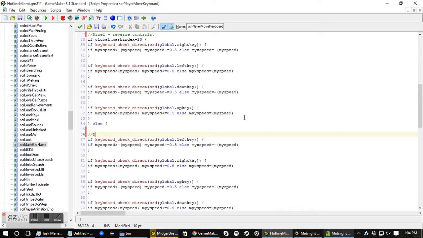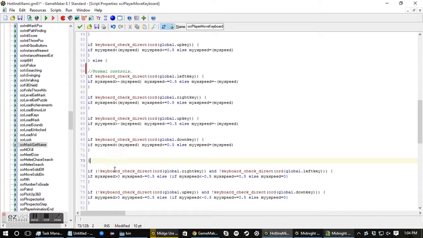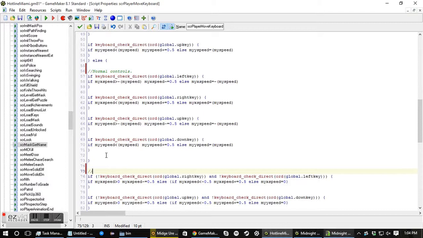Otherwise, this is normal controls without any masks, which is redundant, I guess. So basically here, if you're pressing left, you want to go negative equals 0.5, and if you're pressing right, then so on and so forth. And it just keeps on doing it. So basically this says if keyboard, okay, this basically addresses conflicts in